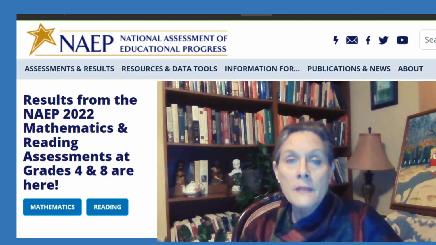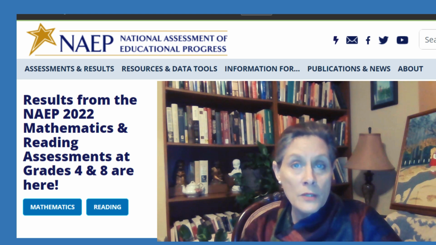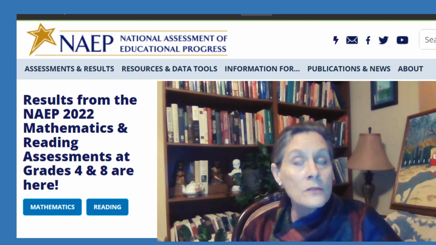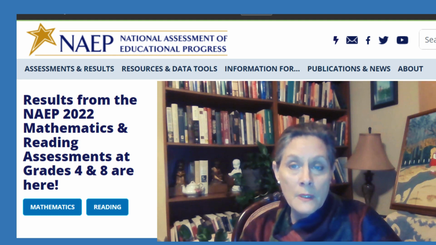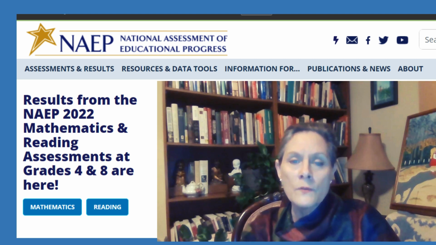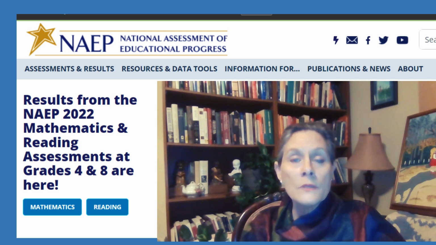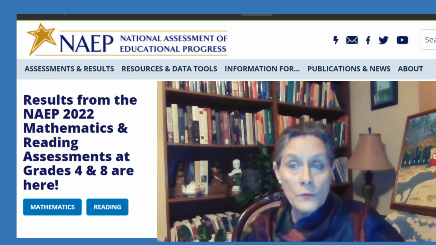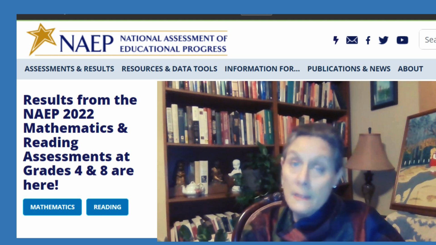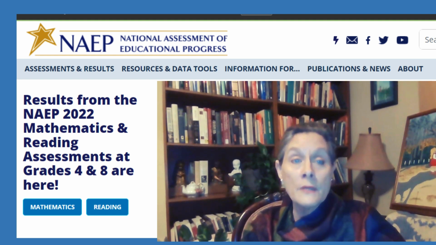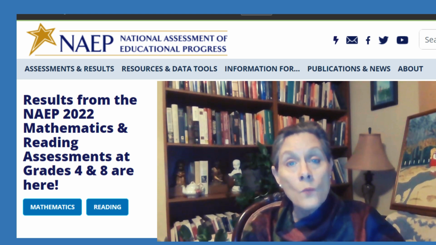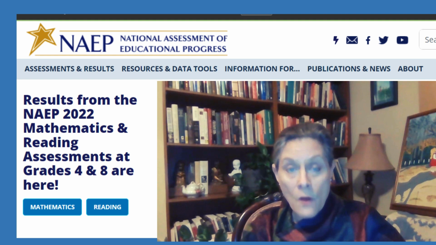Now, a sampling method is common practice for large-scale research projects intended to gather data and extrapolate findings based on that data. For the purpose of explaining how this works with the NAEP testing program, let's consider the 4th grade reading assessment. Between 10,000 and 20,000 4th graders participate in this assessment. This may sound like a lot, but consider this. There are about 4 million 4th graders in the United States, according to census data. That means that less than 1/2 of 1% of all 4th graders in the United States take the reading portion